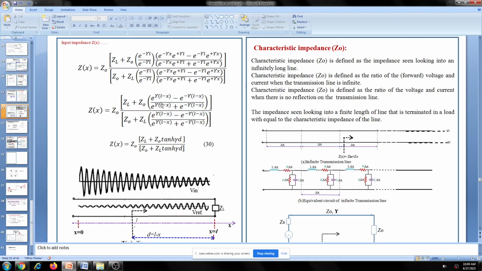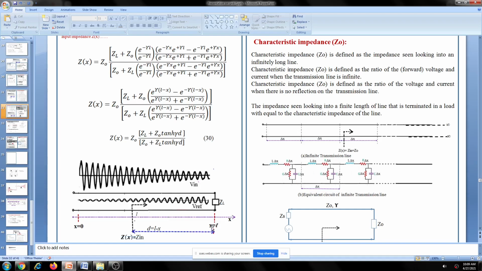So this L minus x, it is a distance from the load point. At what distance you are from the load, that is represented by the d, that is equal to L minus x here. This is up to this, it is x, from here to here is x here, and from here to here is L here. So L minus this x gives at what distance you are from the load point. This is a load point, so from here to here is d, that is d is equal to L minus x. So substituting L minus x as d, this term.